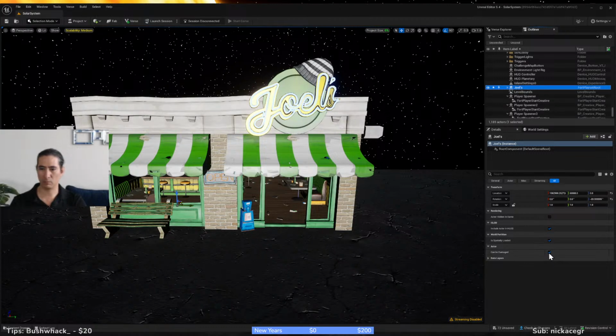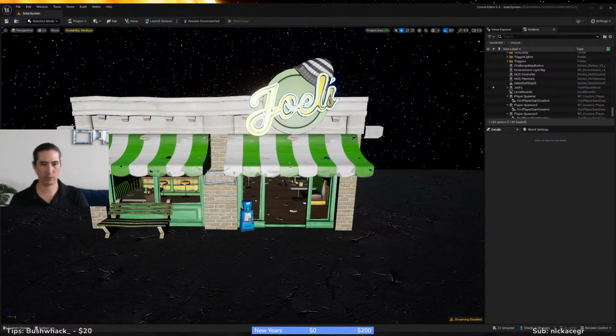Not that it can be damaged, but I'm gonna go ahead and unselect that. If you're gonna make the restaurant at the end of the universe, what would it look like? Would it look like a diner like this?